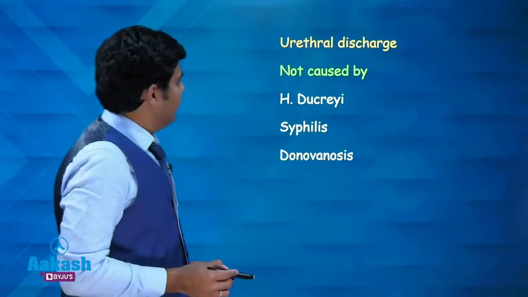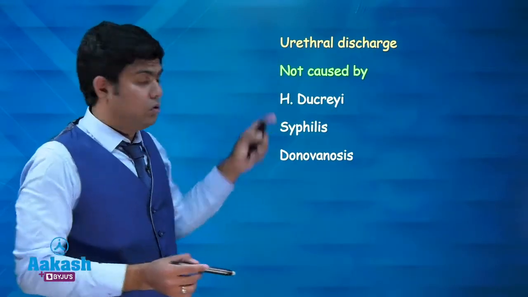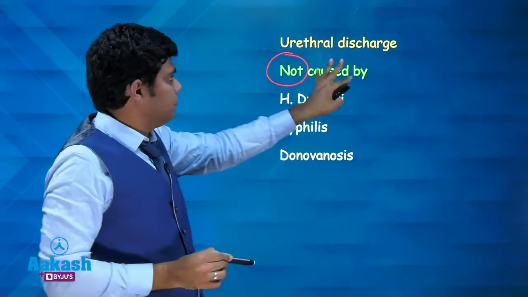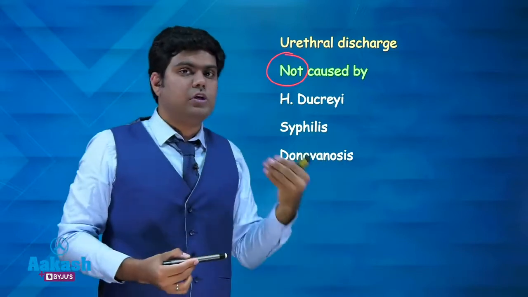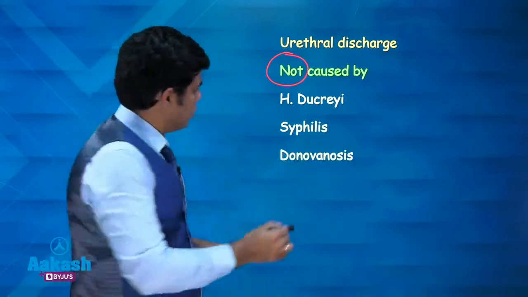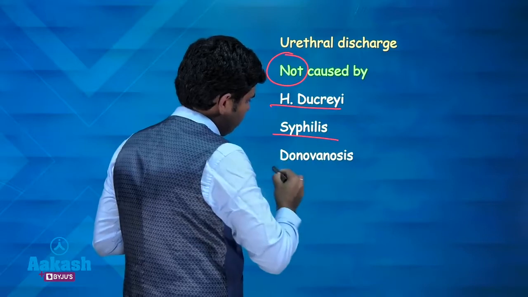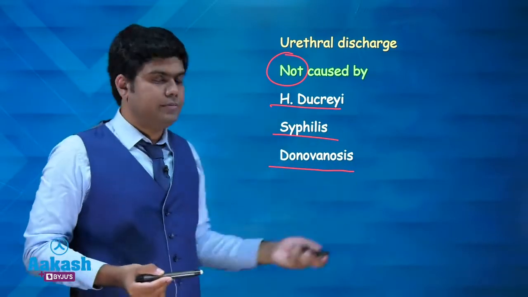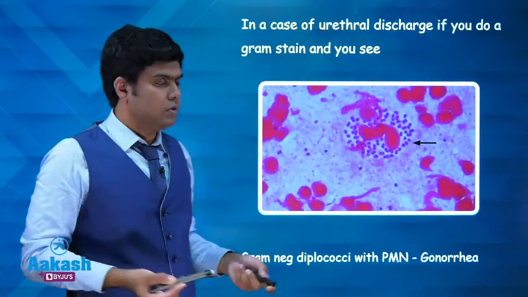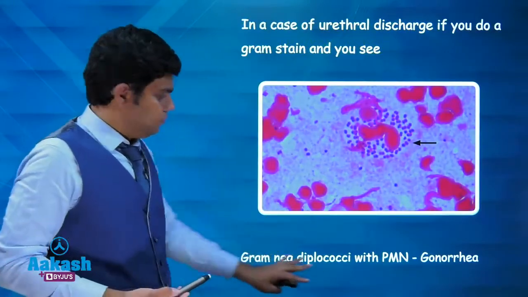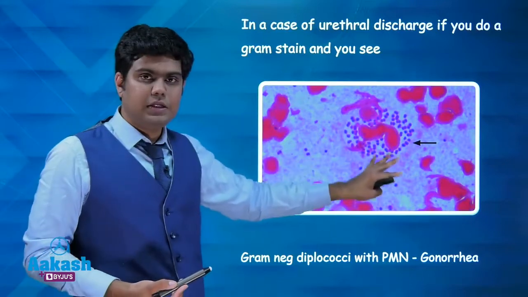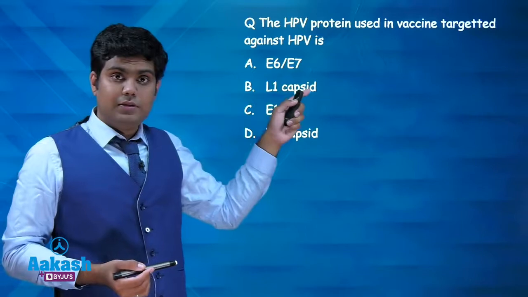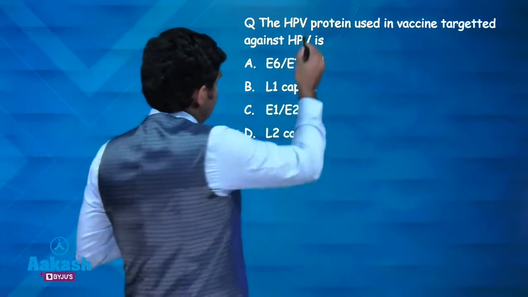Okay, right. Again, not is important. Whenever you read, you should focus on not also. For example, what will not cause urethral discharge? Haemophilus ducreyi will not cause. Syphilis, yes, it will not cause, and donovanosis will not cause, because this can come in the options as all except, right? So you should know what the nots are also. So you know this now. Gram negative diplococci inside the polymorphs, think of gonorrhea, right? Again, STD question, 4th question, I told you, very important.